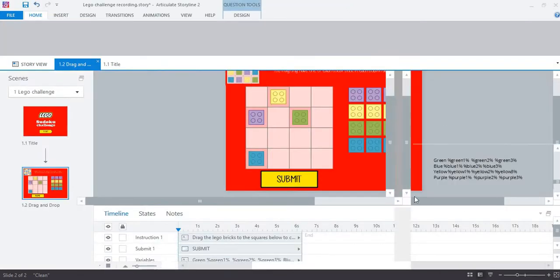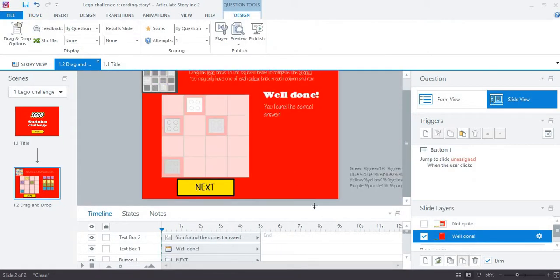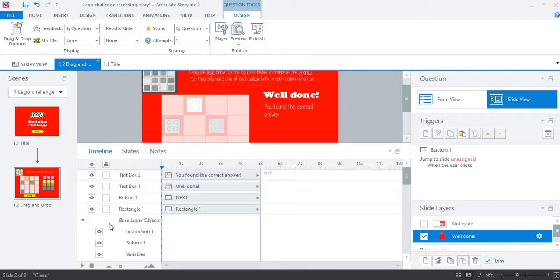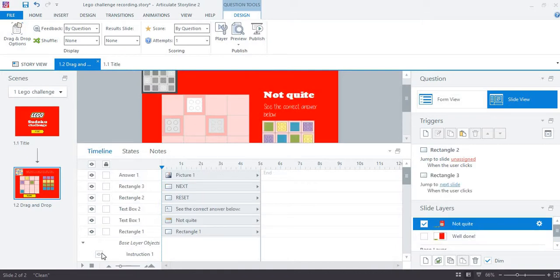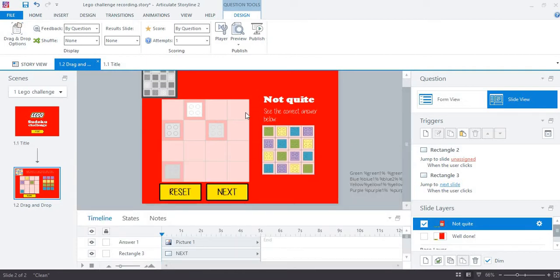So I'm just going to hide the instruction layer. So under base layer objects, I'm just going to hide the instruction on the feedback. I've done it on that one. So on the incorrect layer, I've put the correct response below so the learner can see where they've gone wrong,